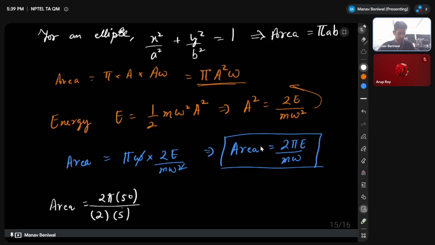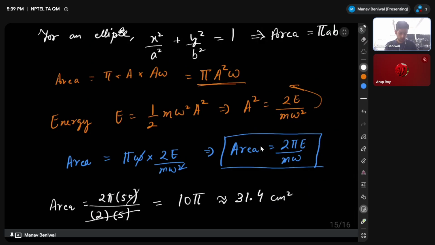So this becomes 10, and this 10 cancels out here, so this becomes 10 pi. So the area is simply 10 pi, and we know pi is 3.14, so this is roughly 31.4